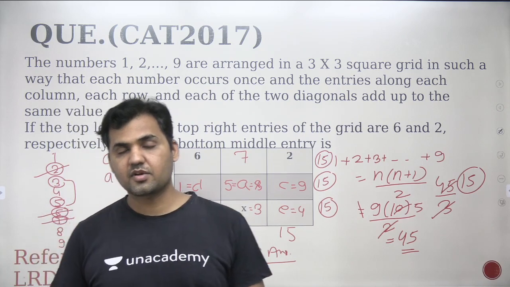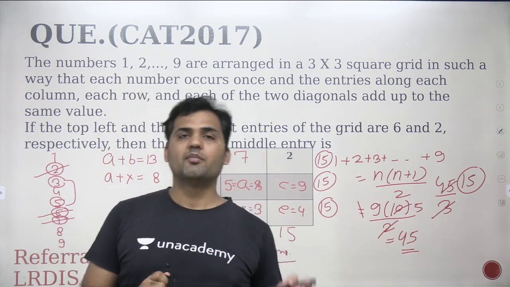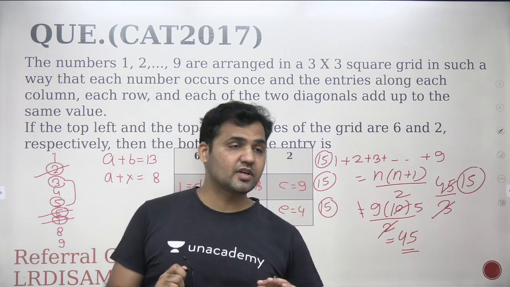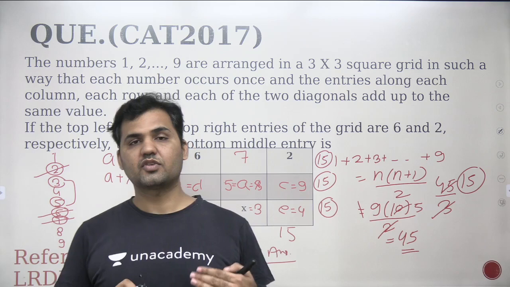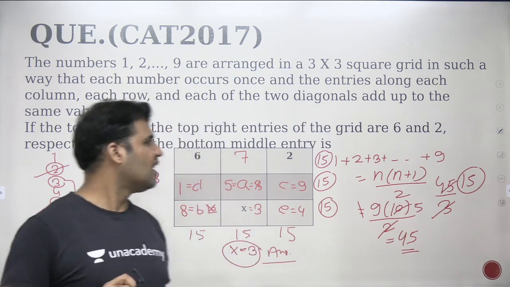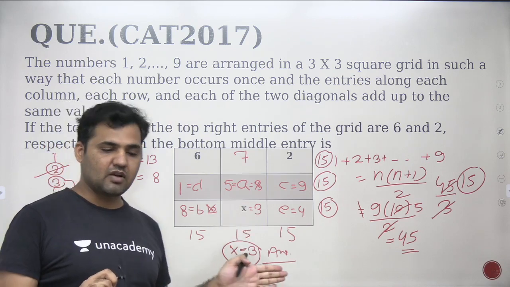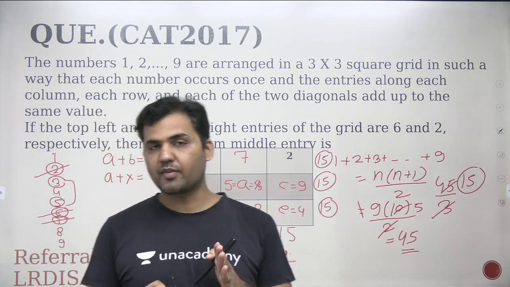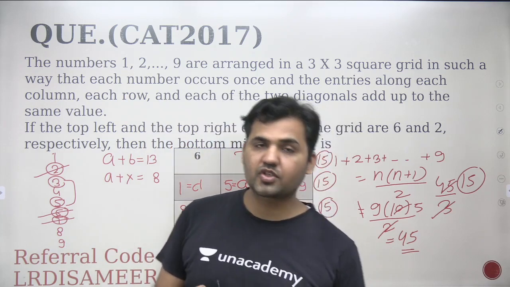In 2018 there were 4 questions in data interpretation based on the concept of matrix, not exactly of magic squares, but yes, it was a matrix-based set. It was based on the concept of matrix, which we will be solving in the upcoming videos. But let's first understand the concept and the questions related to magic squares, and whatever number of questions we have for matrix, we will be solving in this complete playlist.